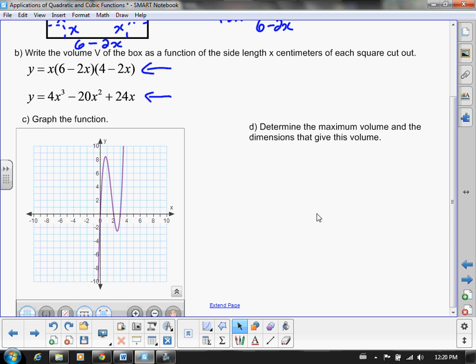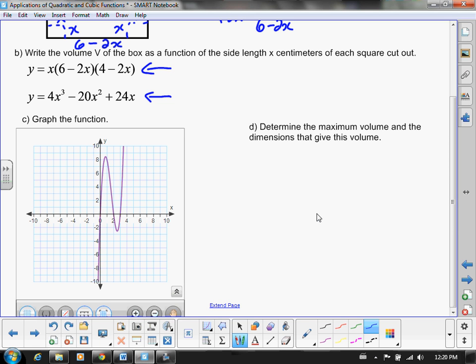So we see it's a cubic, so it makes sense that I have 2 turning points, either minimum or maximum values. So in this case, it's asking the maximum volume and the dimensions that give this volume. Now let's talk a little bit about what makes sense in this case. If we look at the equations that we have up there,